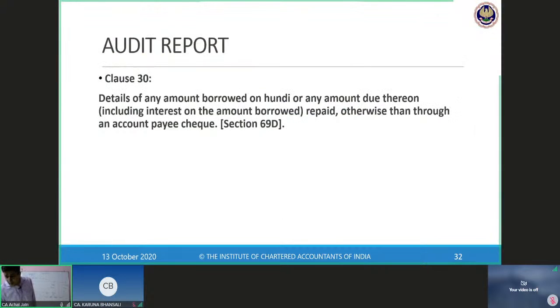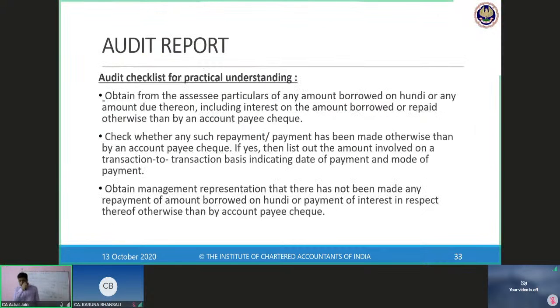So we can go to some audit procedures around this as well. So let's understand. In respect of all of these borrowings or sort of borrowings, the auditor can look at the financial statements and books of accounts, through which he can scrutinize any such transaction. He will also need to obtain such a list from the management. That is something he'll do everywhere. And most of these items would have been reported by the management already in Form 3CD.